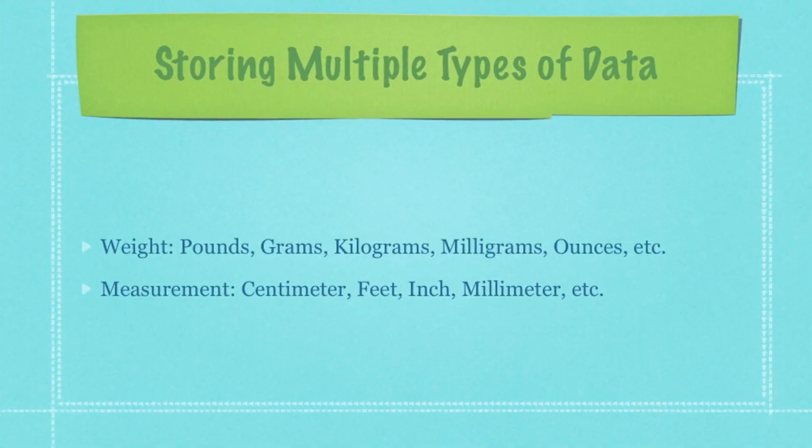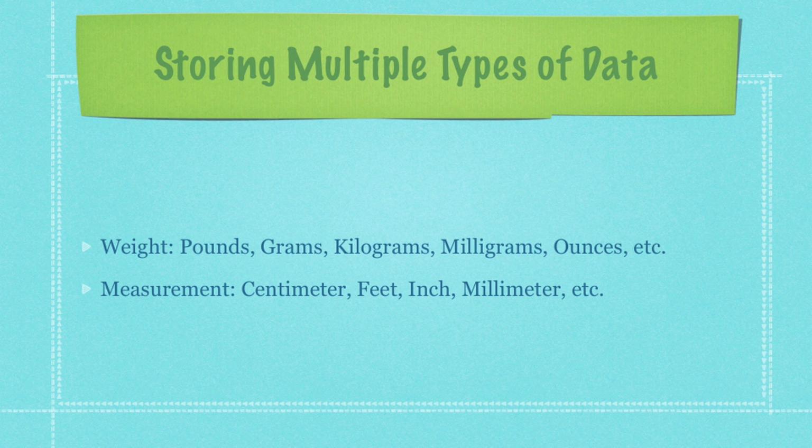Okay, I briefly want to give a little presentation here just to get our minds in the right mindset. As you may remember in the last tutorial, I talked about weight and height. But you may say to yourself, there are many ways to weigh and measure things. For example, weight might be in pounds or grams or kilograms, and a measurement might be in centimeters, feet, or inches. Is there a way to store all those different types of weights and measurements, or just pure data,